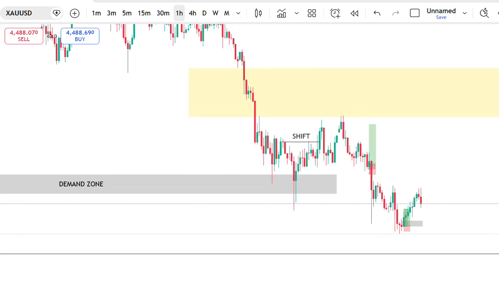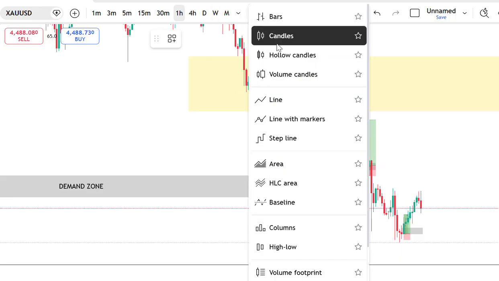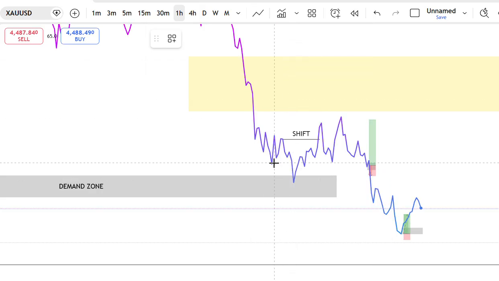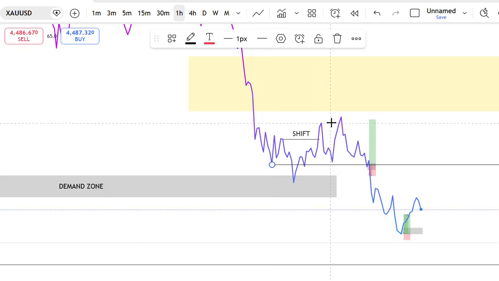So after that, what was my priority? The first focus was to see if I can come here and maybe use a line. I had this shoulder and the head here and another shift. So I waited for the market to reach this price here, because I have the head. Now the market just came, cut off, and gave us a shift, and it bounced at the